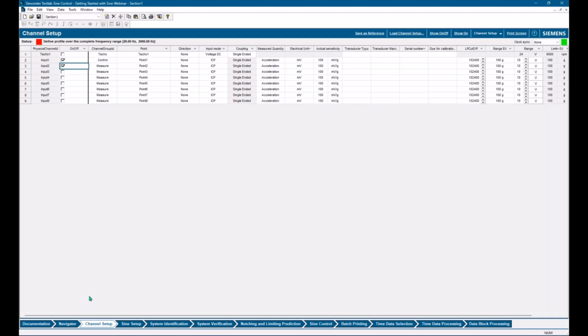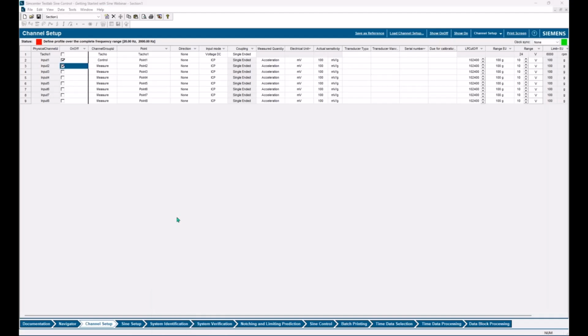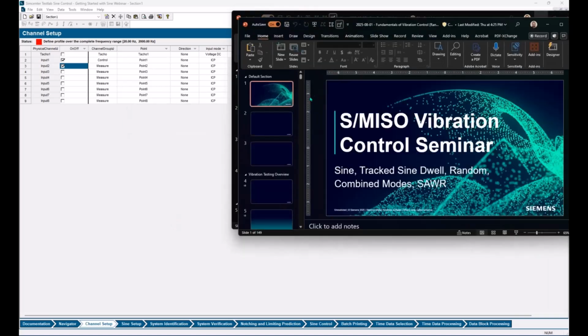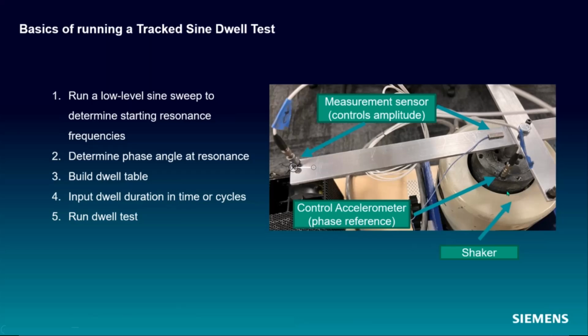Now, the structure that I have on my shaker here is a little cantilever beam. I have input 1 as a control, and you know what? I should have put up a picture, but I do have a picture of it in another presentation, so I can pull that up and show you real quick.